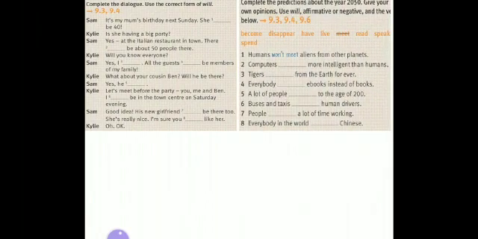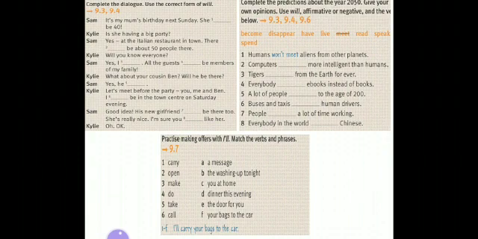In the second task, you will complete the predictions for this year and give your own opinions using will, in affirmative, negative, or interrogative forms. In the third task, practice making offers with I will and match the verbs and phrases. Here are given examples.